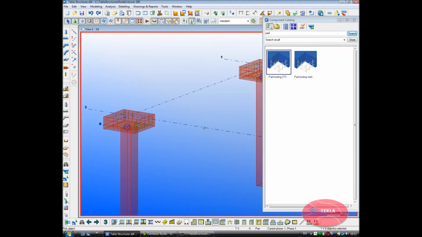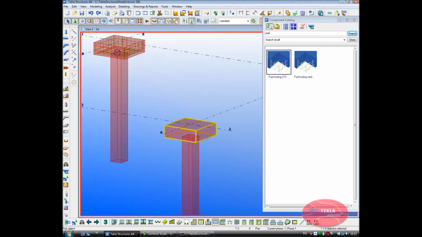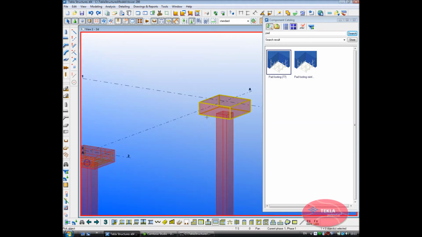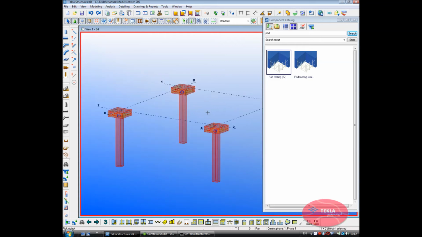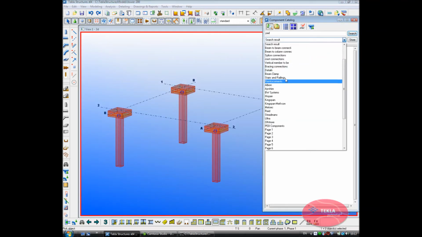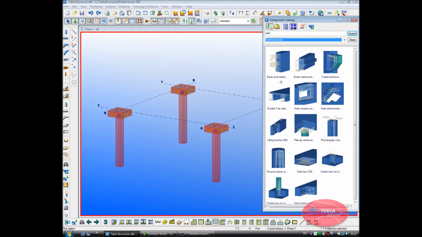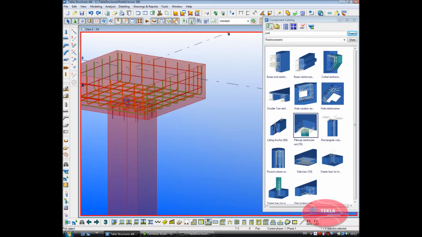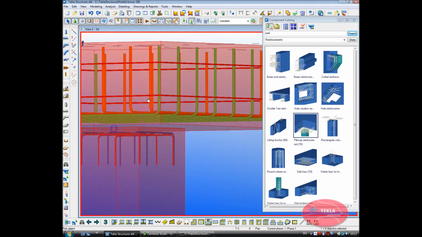Again, we'll click on that one there like so, and on that one, so we put the reinforcements in there. If I take a look in the reinforcements themselves, what I'll do now is say okay, let's put in reinforcement for the pile cap. So if we click on this piece here, you can see we put reinforcement in for the start and finish of the piles,